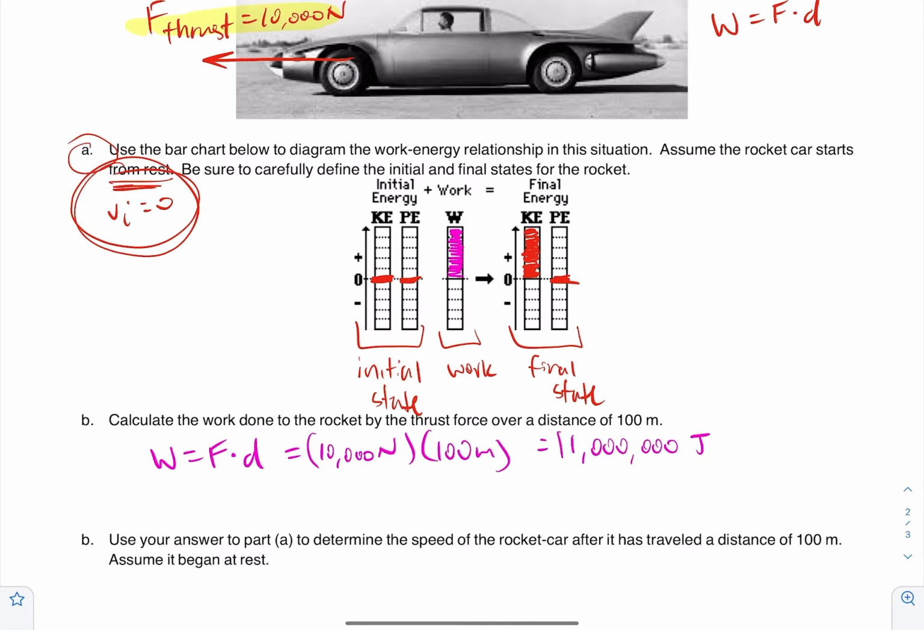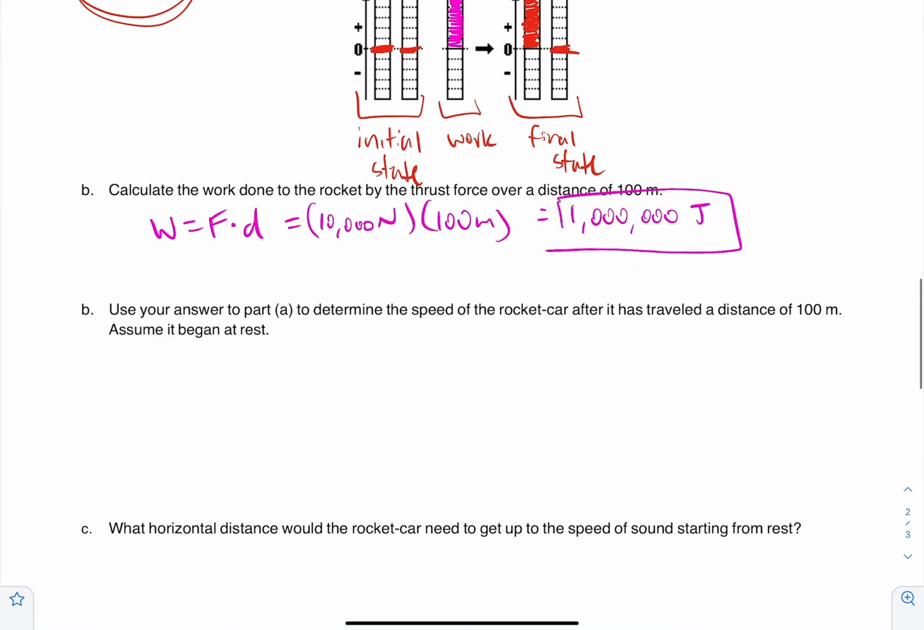A million joules. Continuing on, use your answer to part A, and I actually think it's referring to this part, to determine the speed of the rocket car after it has traveled a distance of 100 meters and assume it began at rest. Okay, so